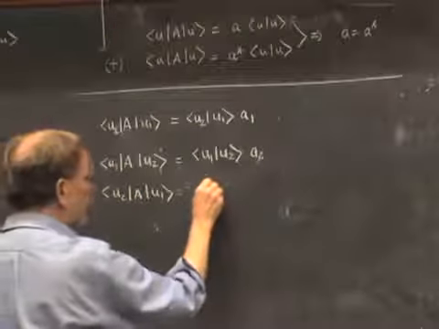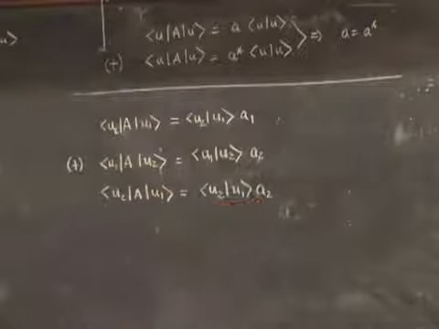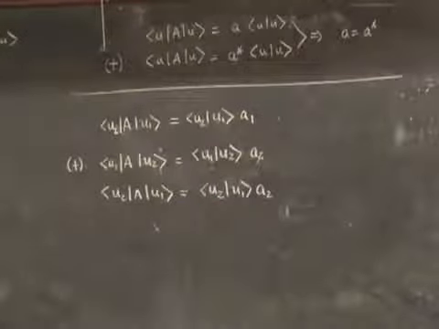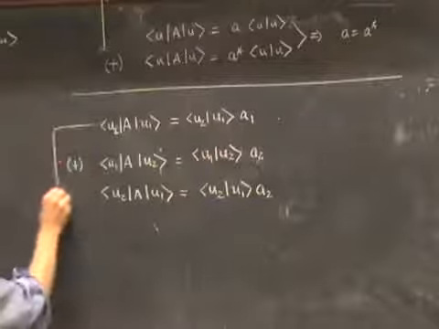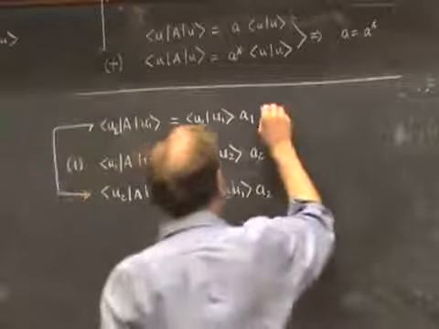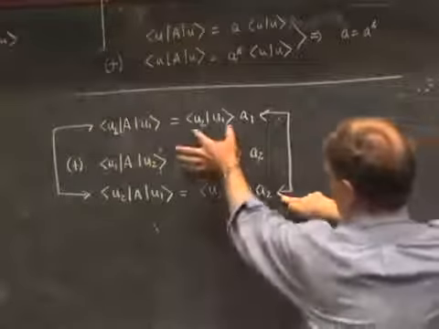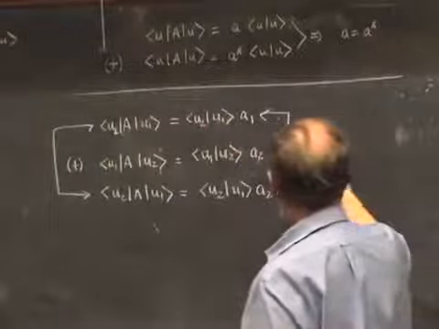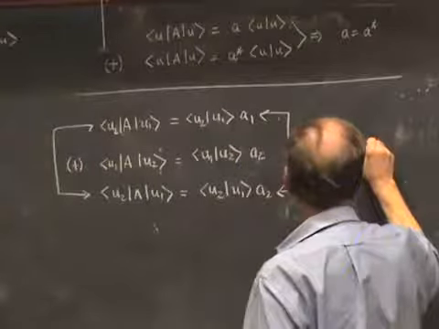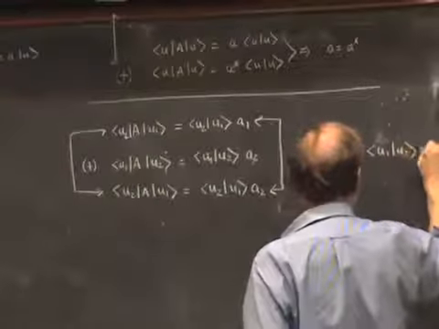And then over here I get U2 scalar product U1 times A2, because we've learned earlier that the A's are real, so I don't have to complex conjugate the A's. But now you see, if we compare the first and the third equations, the left-hand sides are equal. And so the right-hand sides of the first and third equations have to be equal also. The scalar product is the same, so this implies that A1 minus A2 times the scalar product of U1, U2 is equal to 0.